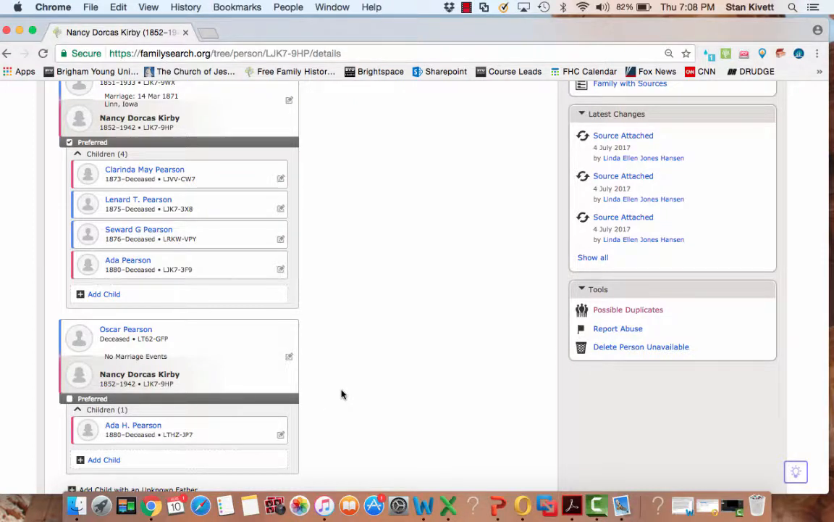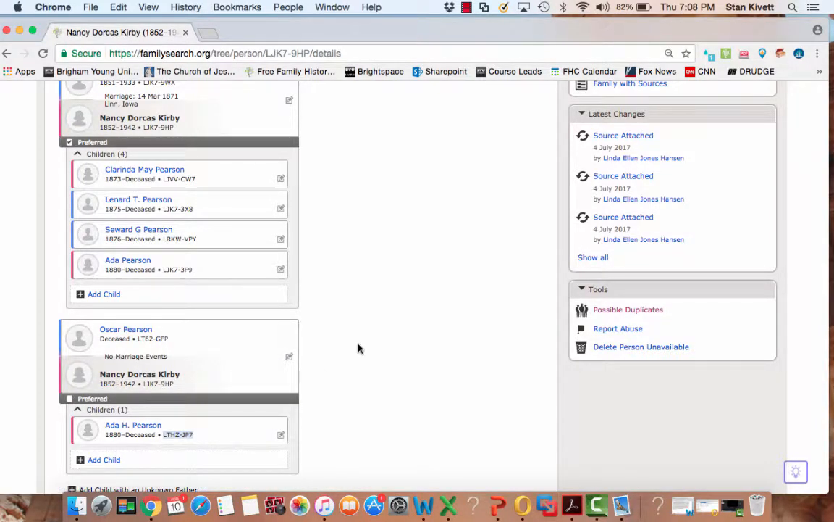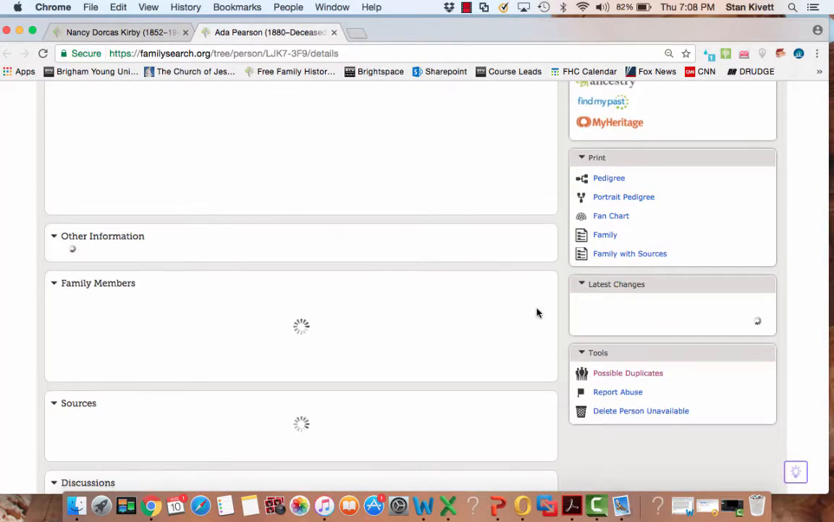So the way that you would merge these individuals is you'd first copy the number of one of the people that you're planning to merge, just in case you don't have the name come up as you go to the possible duplicates listing. Then you'll go to the other version of the individual. So I'm going to open Ada's person page, and on Ada's person page then I'll go down to the possible duplicates link on the bottom right,